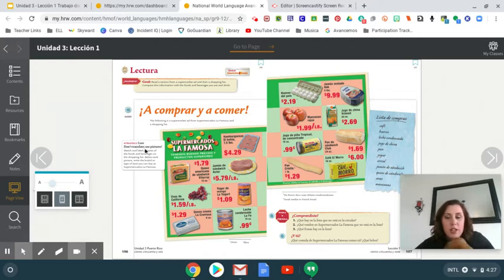Here's a strategy for reading that's not just for foreign language, it can be for a lot of things. Sketch and label pictures of foods and beverages on the shopping list. Below each picture, write the brand or type of item you can buy at Supermercado La Famosa. Let's take a look. We've got hamburguesas, queso americano de sandwich, so it's sliced, jamón de sandwich, uvas de California, yogurt de mango, queso crema, which is cream cheese, leche condensada, condensed milk,